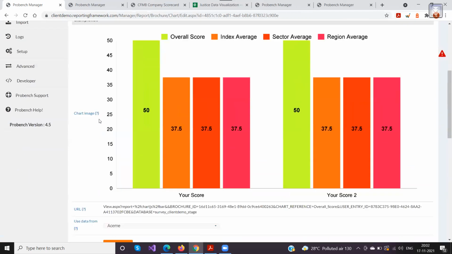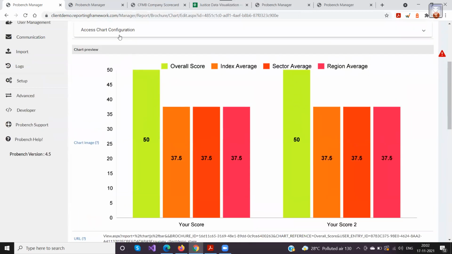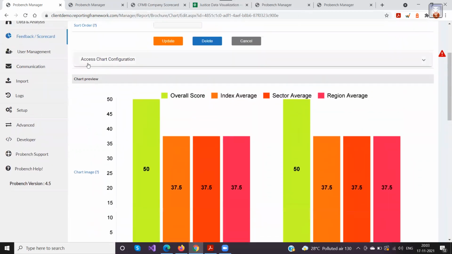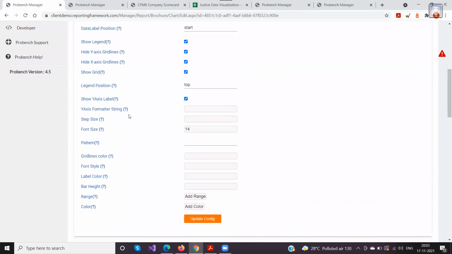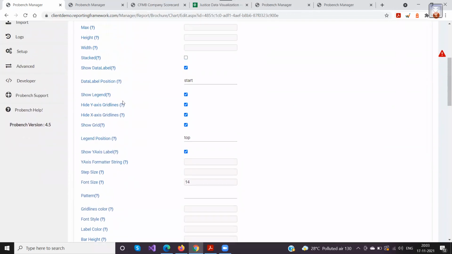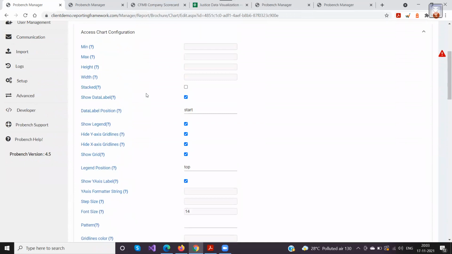Now suppose you see the scale here is from 0 to 50, which is automatically taken from the highest number, or highest bar here. I want to make it from 0 to 100. You see there is an axis chart configuration. There are lots of configurations that you can do for each of the charts here.